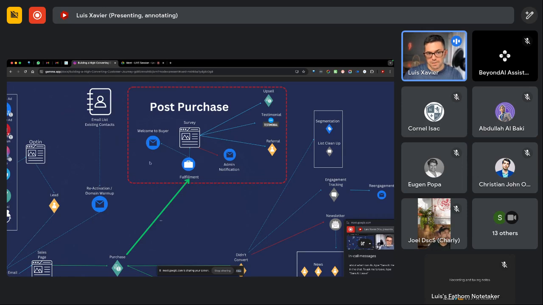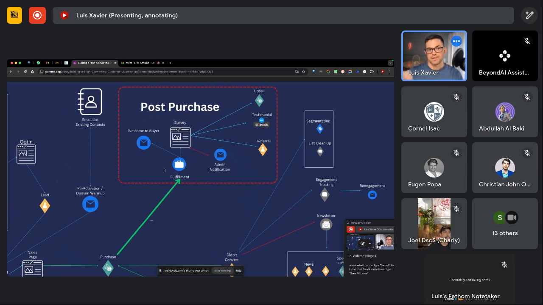And after the welcome email sequence, after the lead became a customer, so after the customer purchases, we wait some time. Depending on your niche and business, the time will be different, but we want to have a survey put in front of them. We want to know if they're happy, right? If they're happy, we want to provide them with an upsell, ask for a testimonial, and get a referral. Those emails will be triggered automatically, one after the other.